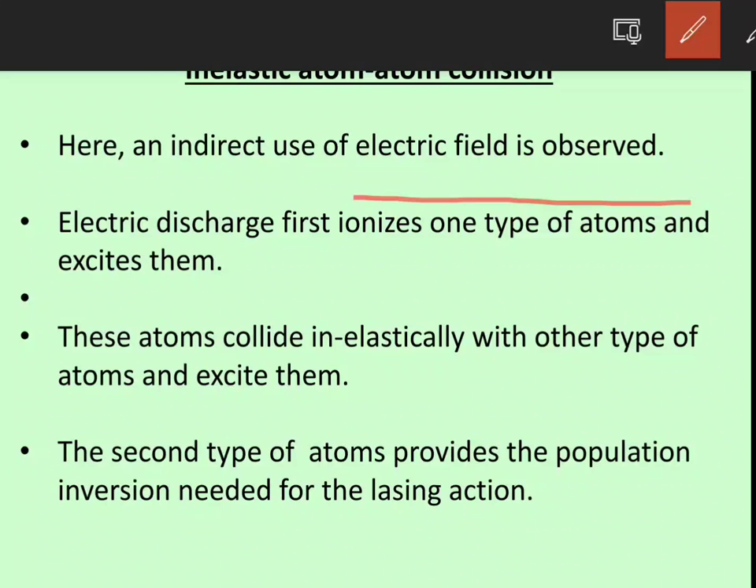That means there is a transition from lower energy level to higher energy level or higher energy level to lower energy level. So generally the second type of atoms, that is, the other type of atoms that the first atoms collide with,